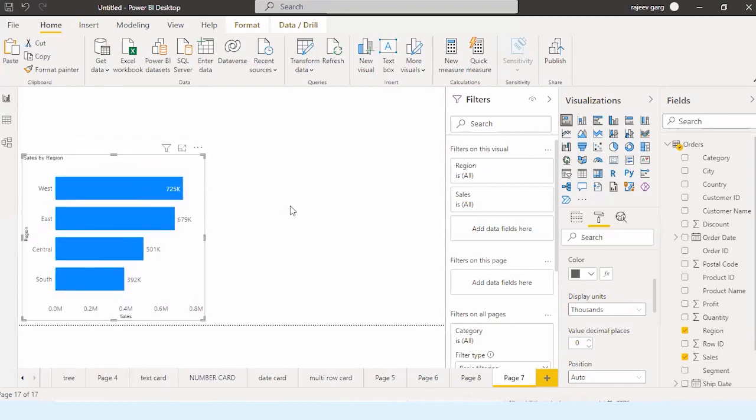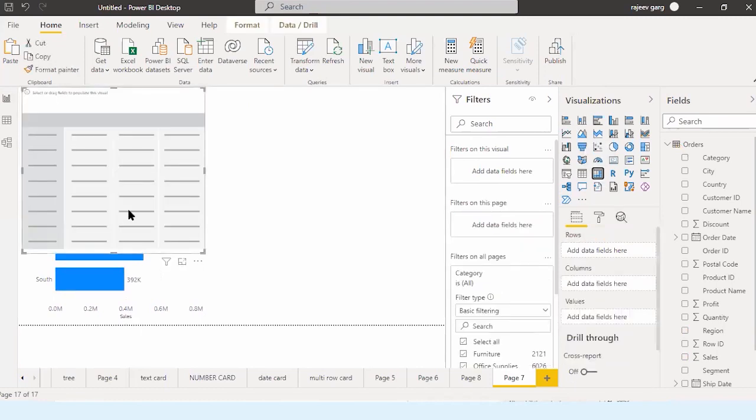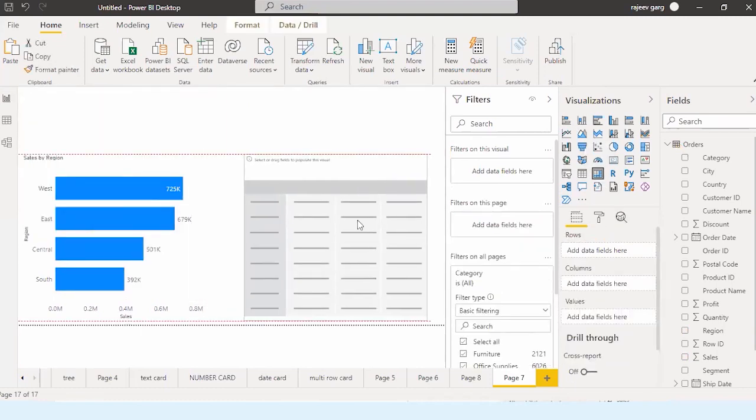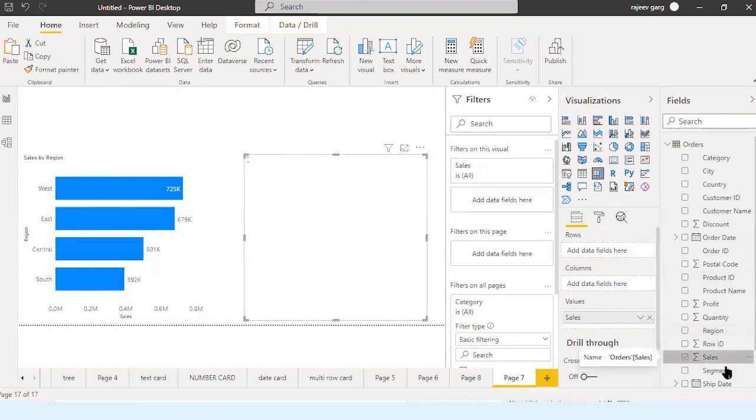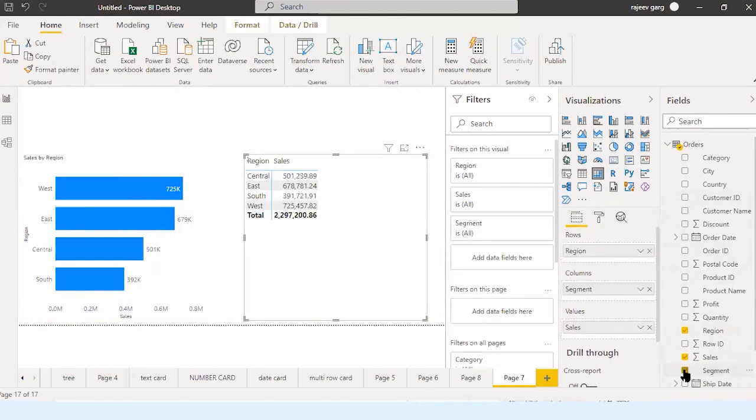Let's take the region. Let's take a matrix over here, which will display the sales on the basis of region and segment.